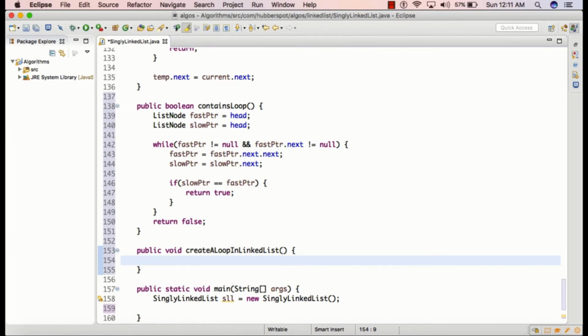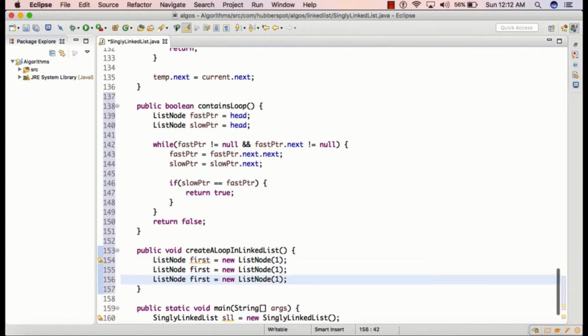So friends, in the slide we saw an example where the linked list contains 6 nodes and which was forming a loop. So I will simply replicate that example here. So for that I will create a list node, say first equals new list node, and I give the value as 1. Now I will create 5 more list nodes.